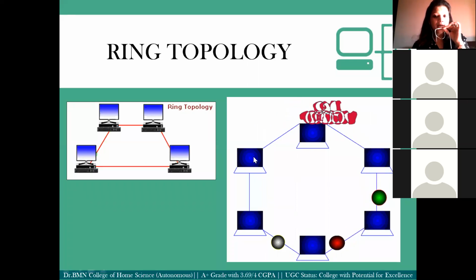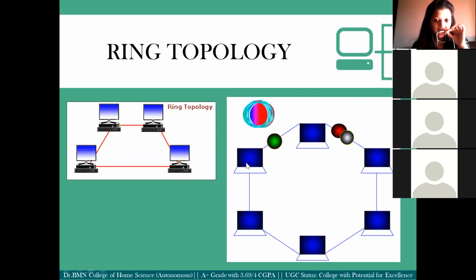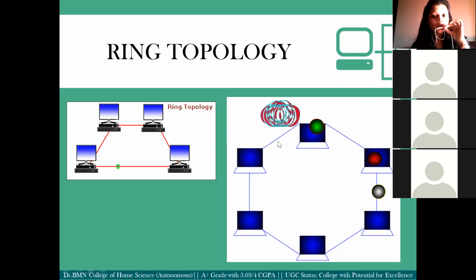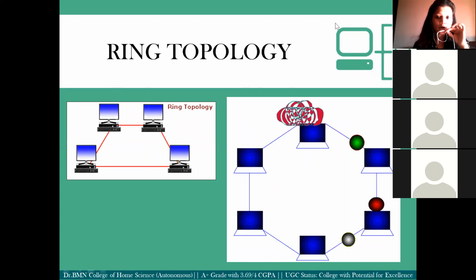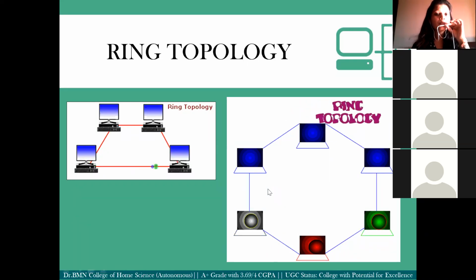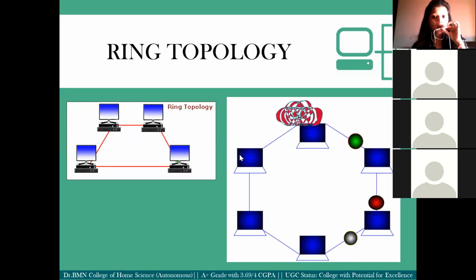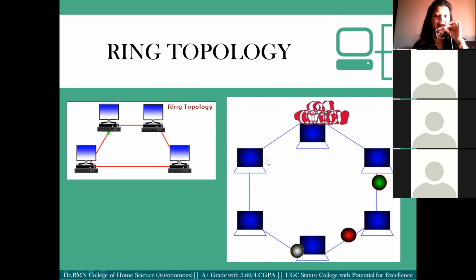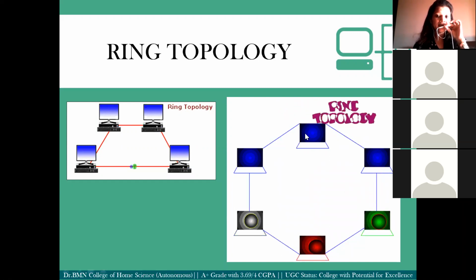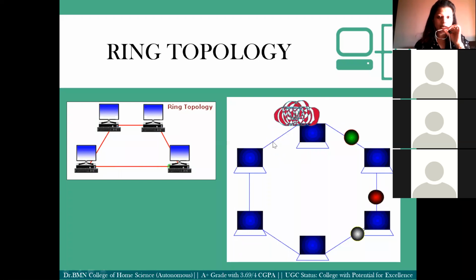So what I'm trying to say is, in ring topology every device will be connected to two other devices on either side of it, left and right. One side this and one side this. And what kind of connection is it? Point to point. Point to point means the connection between these two is a direct connection, a dedicated channel. No other machine is connected on this particular wire. Correct? That is a point-to-point connection.